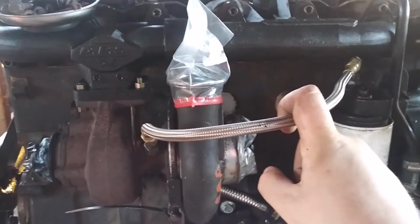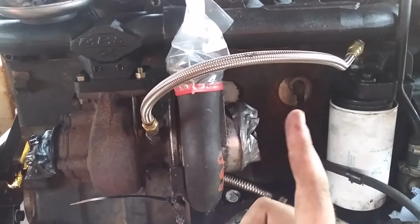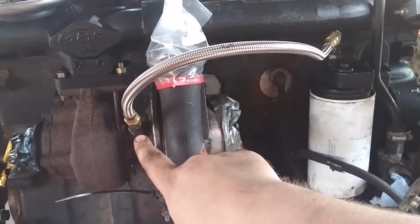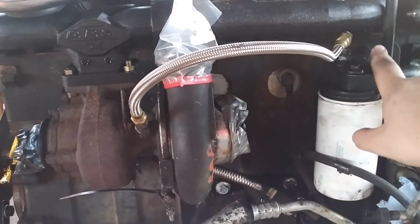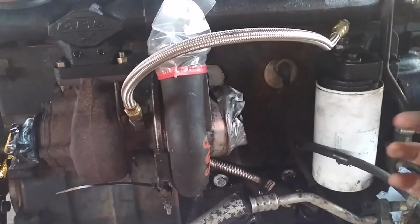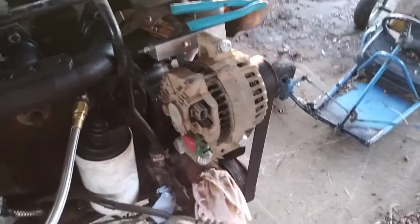And DCS tells you that you should be able to take the factory one and flip it around, and it should reach. I found that it doesn't. So I got a line made, nice pretty one, so I can get the oil to the turbo. And then I got, sorry about the sun, I bought the